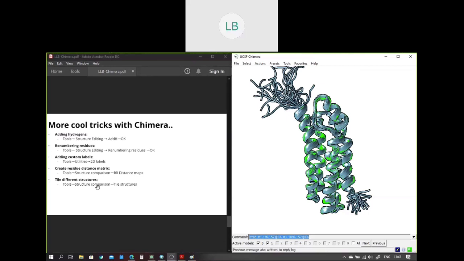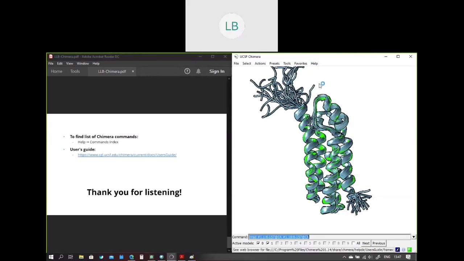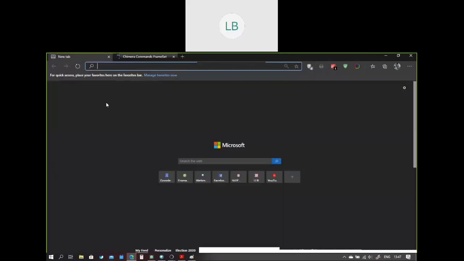And if you want to find out more about what other commands Chimera has, you can go to Help. You can type command index, and it will open the list of commands in a web browser. So these are the complete list of commands which can be done with Chimera.